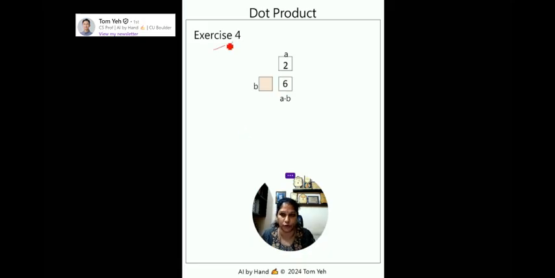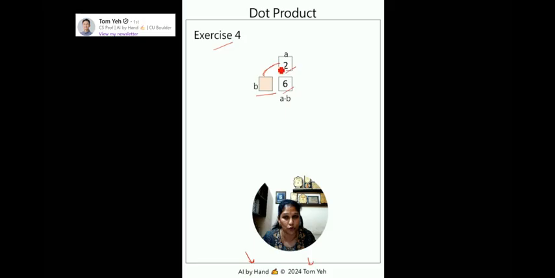In exercise 4, taken from the book AI by Hand by Professor Tom, vector A has a single number, 2. But here vector B is missing and we have the result 6. The dot product rule is simple: multiply the corresponding entries and add them. And here there's only one pair.